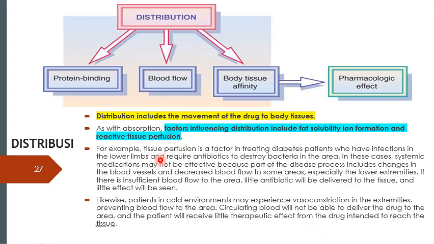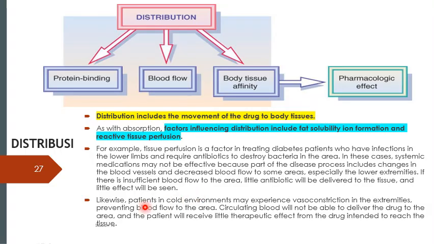For example, tissue perfusion is a factor in treating diabetes patients who have infections in the lower limbs and require antibiotics to destroy bacteria in the area. In this case, systemic medication may not be effective because part of the disease process includes changes in the blood vessels and decreased blood flow to some areas, especially the lower extremities. If there is insufficient blood flow to the area, little antibiotic will be delivered to the tissue